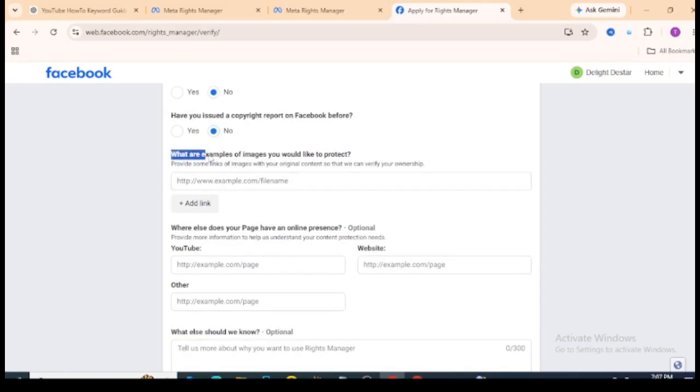Okay. That being said, what are examples of images you would like to protect? Now this is very, very important because they're just asking you to give them a sample of the type of images you would like to protect. Let them see the type of images that you want to be protecting. Now you cannot just come here and put in something from your file explorer. You cannot do that. You have to come here and put in a publicly accessible URL,